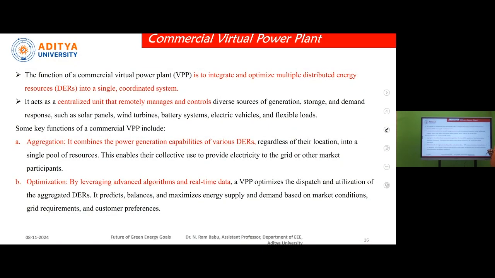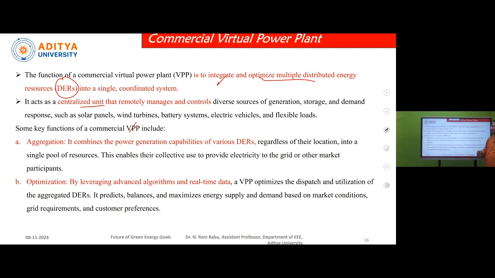Next one is the commercial virtual power plant. It is defined as a virtual power plant used to integrate and optimize multiple distributed energy resources into a single coordinated system. That means here all the DERs will act as a single system and coordination will be there between them. It is a centralized unit, and it controls diverse sources of generation and storage. Coming to the key aspects of commercial virtual power plants,